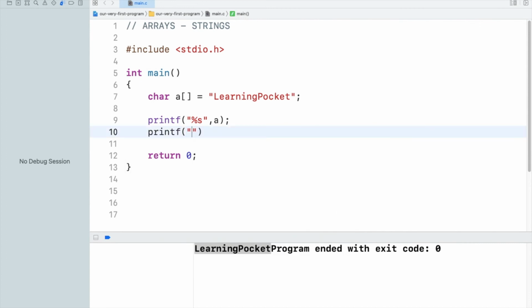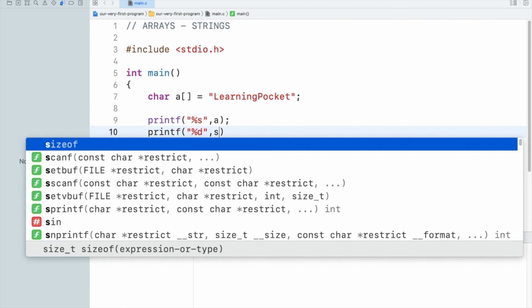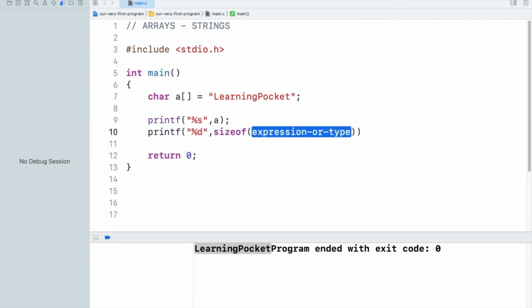Now I'm going to check the size of this string. printf with %d, and then sizeof, and I need not divide it by the size of one element because each element stores only 1 byte. The size of the actual string would be equal to the number of elements in it.